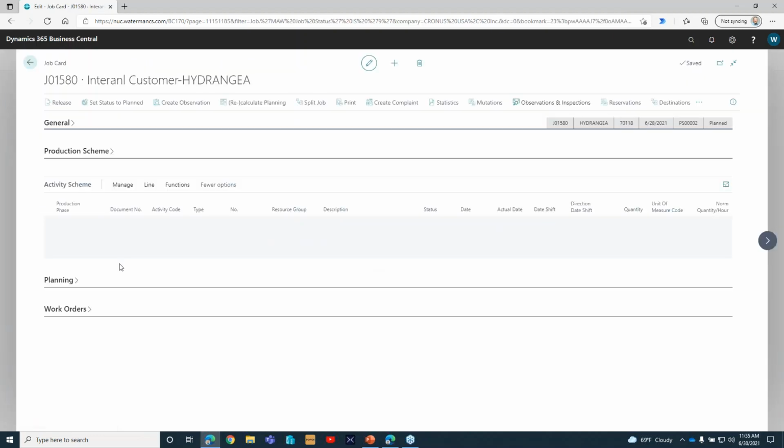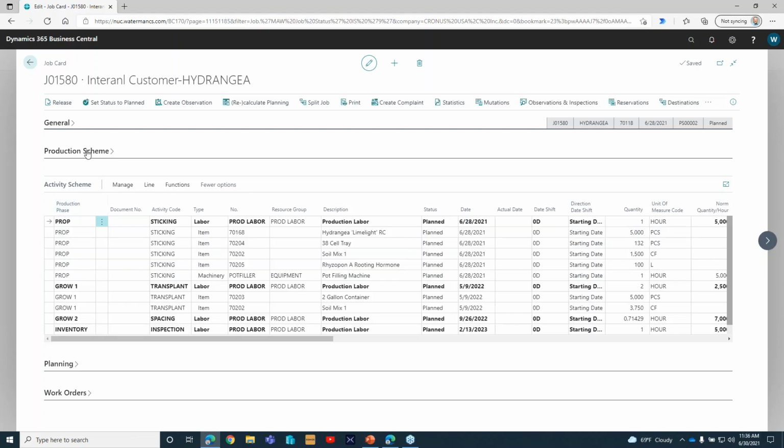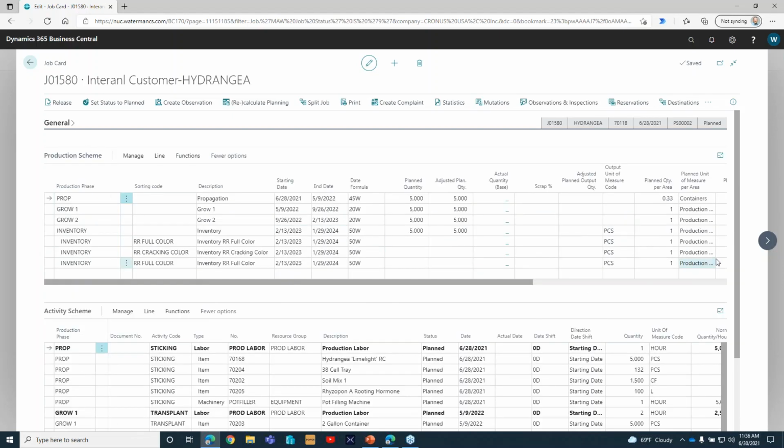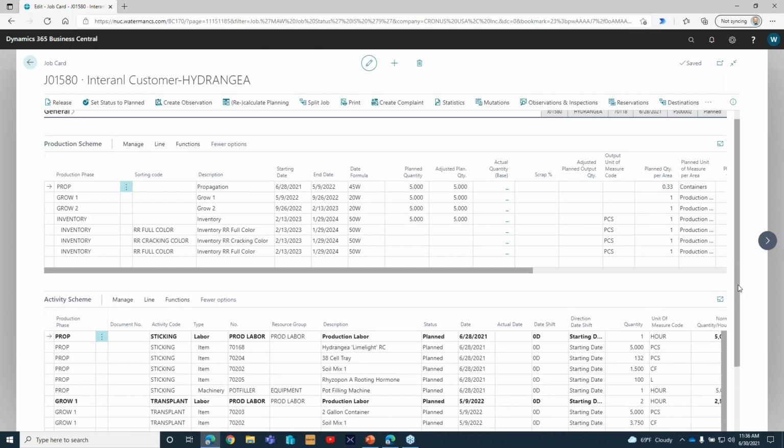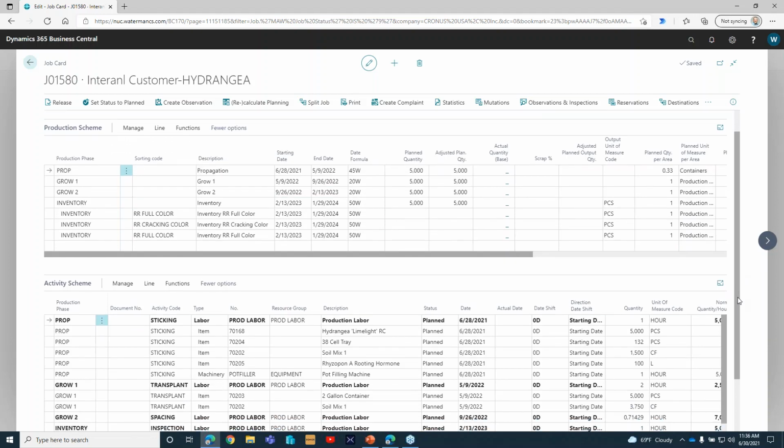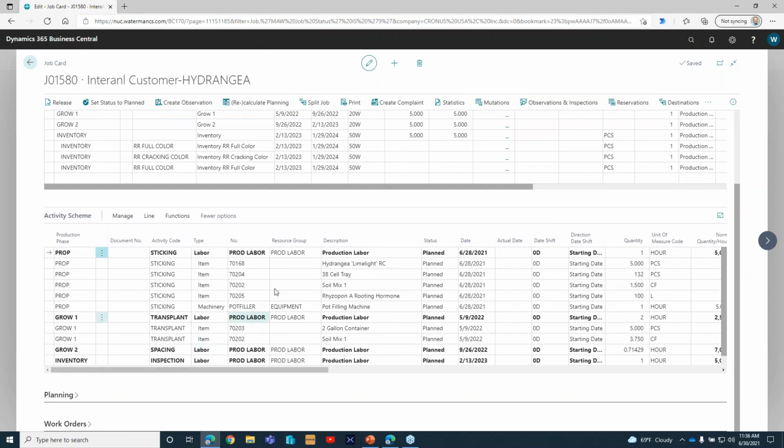Sorry, I keep closing this job. Of the production scheme and activity scheme. And this is the main concept of Agriware, is that you have a production job. It's giving you all this information I already went over with you. But in this activity scheme, now we're going to be able to run the purchasing engine and see how many